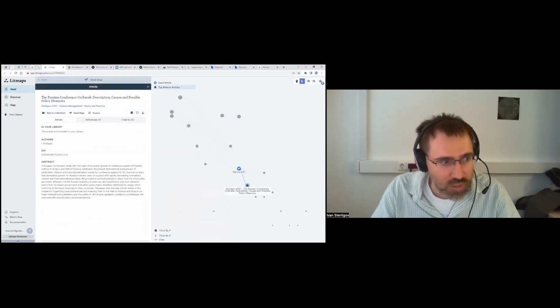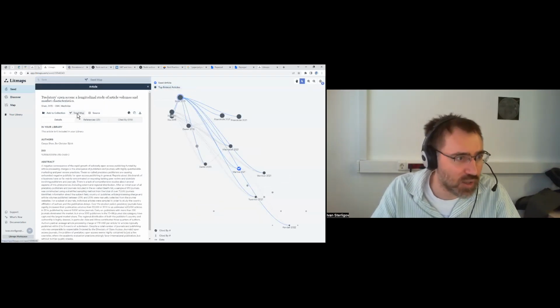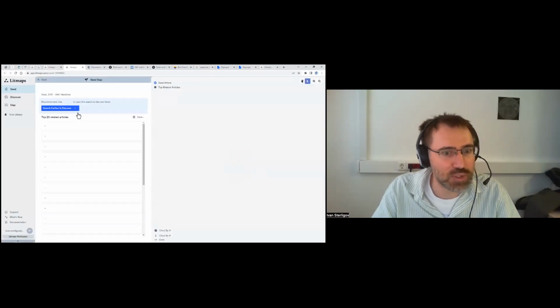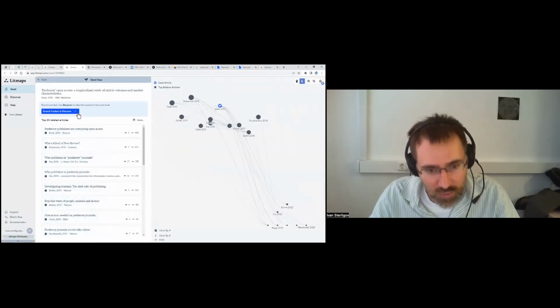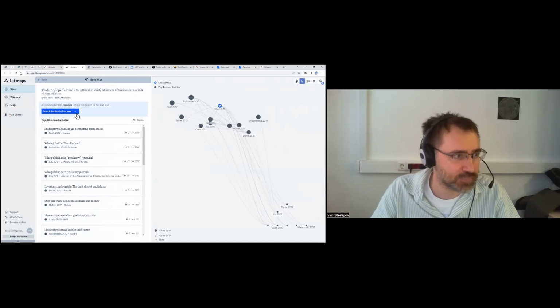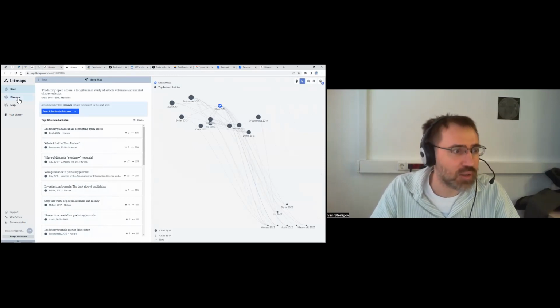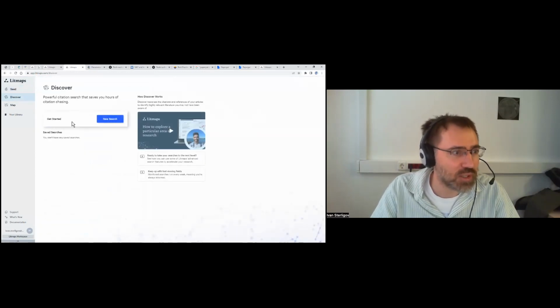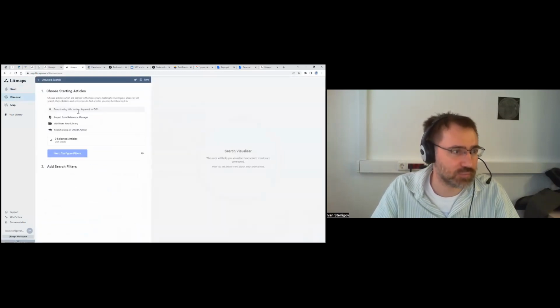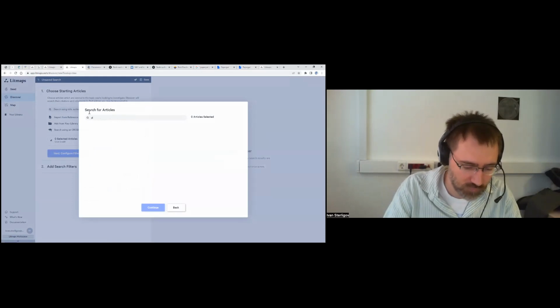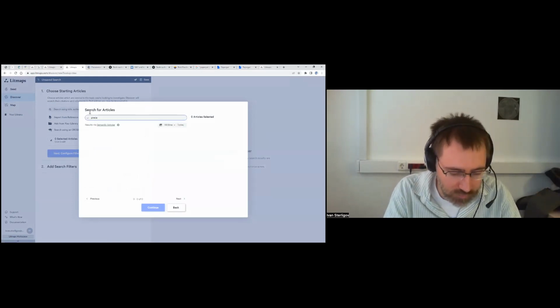You can start with one paper, then switch to any other paper and use it as a seed for another set of papers. We can mix several papers, like on one topic,